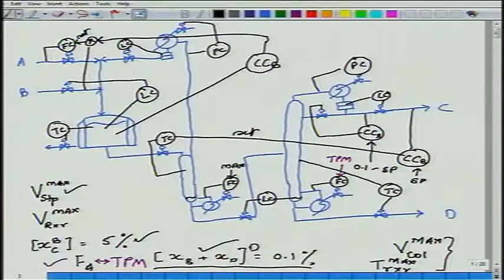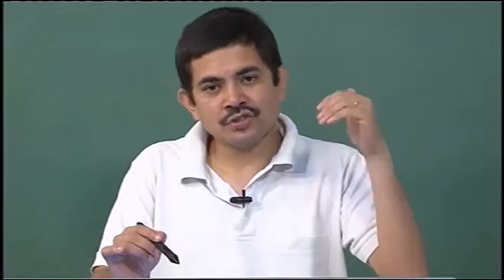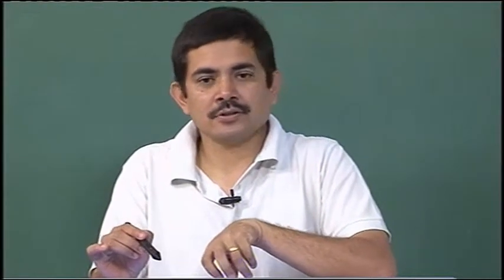Increase the temperature. So I have this slightly awkward arrangement where this level is getting controlled by adjusting this. Instruction comes, jack up the throughput. What do I do? I keep jacking up this TPM set point. The level in the stripper goes down. In order to maintain this level, ultimately the temperature inside the reactor will go up, and the higher temperature will ensure more C and D are generated, which accumulates at the bottom, which maintains the level in the stripper.